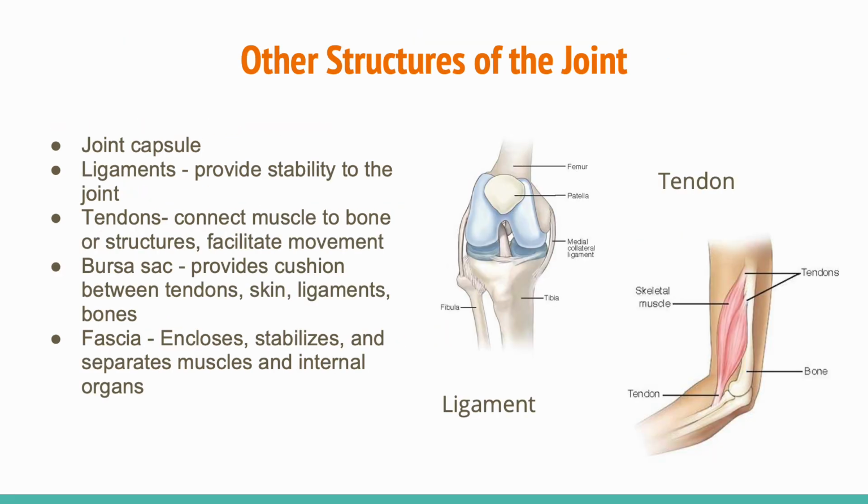Now, several structures work together to stabilize and protect joints. The joint capsule surrounds the synovial joints and encloses synovial fluid, which helps to lubricate cartilage. Ligaments connect bone to bone and they prevent excessive movement. Tendons connect the muscles to the bone, transmitting muscle contraction into movement, the signals that we get from our nervous